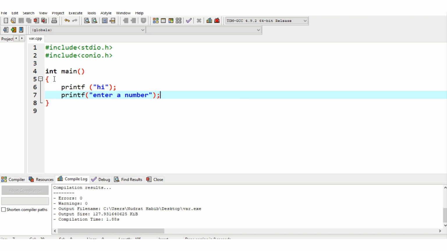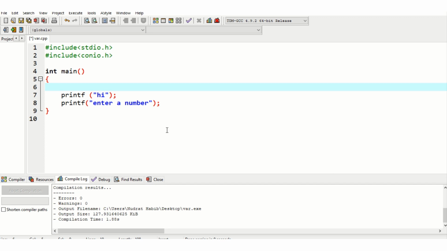If you want to print the value, for example, integer a equals to 10. Here we just enter the characters. Characters are strings. Okay. If you want to display this value here, then how do we modify the printf statement? Whenever a variable is to be printed, two things need to be done.